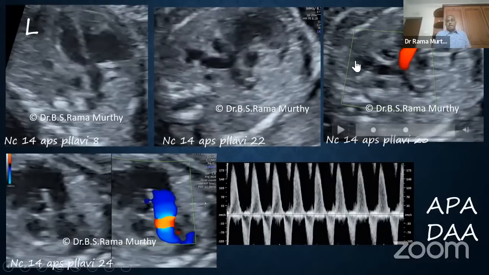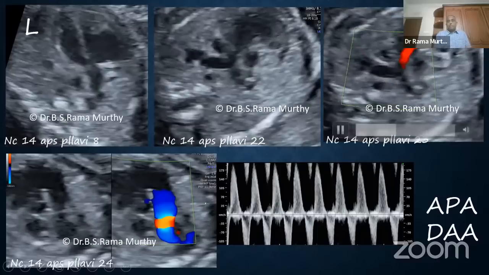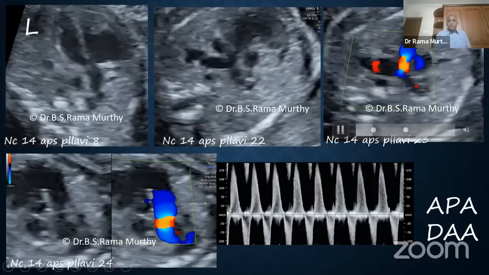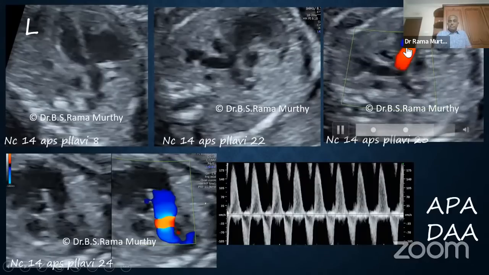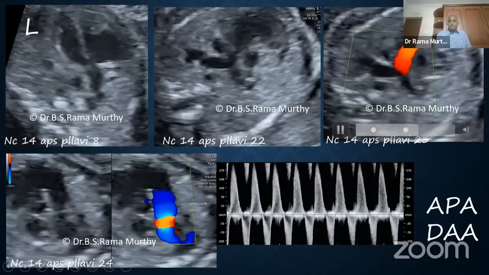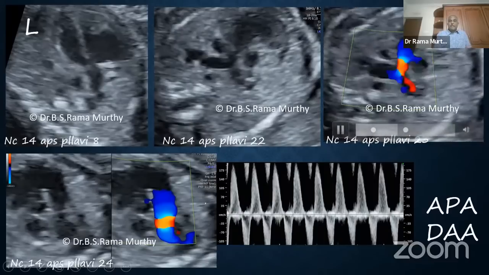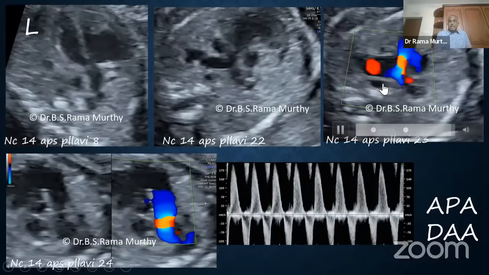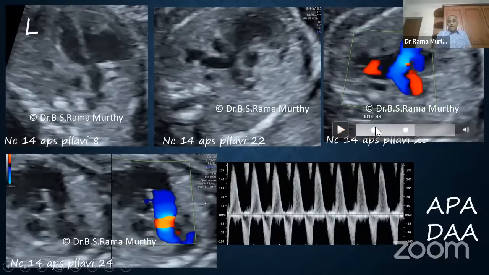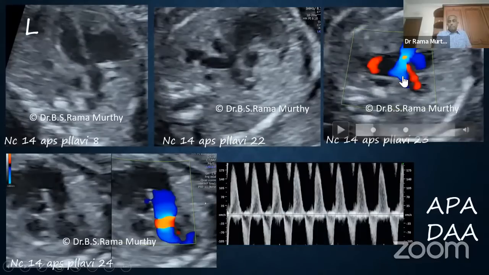So let me stop this clip, and then you start the Doppler. When you put the color Doppler, when you bring your color box in, you will find that the flow is blue during systole. And when it is blue, you get a lot of aliasing which is happening there. So let me take you there. That is the blue, which is a normal flow direction from anterior to posterior, but there is aliasing telling you that this is a stenotic valve, the pulmonary valve, right?